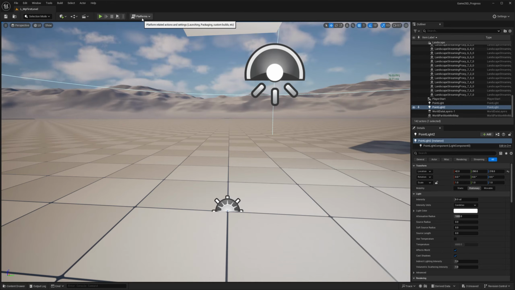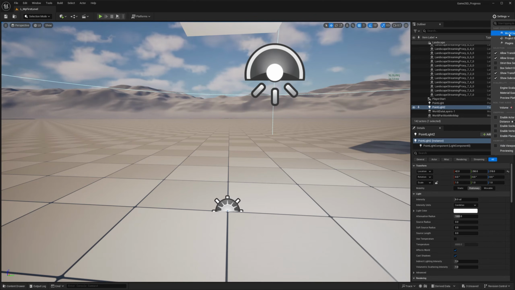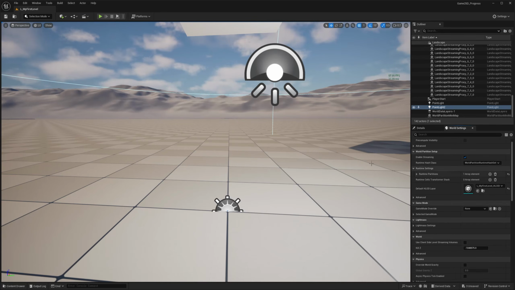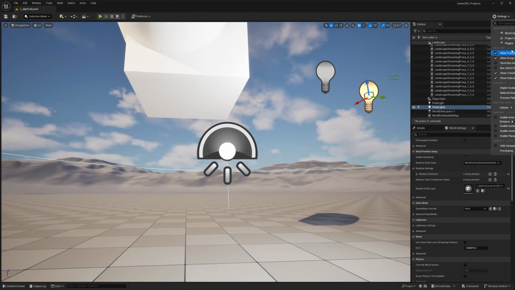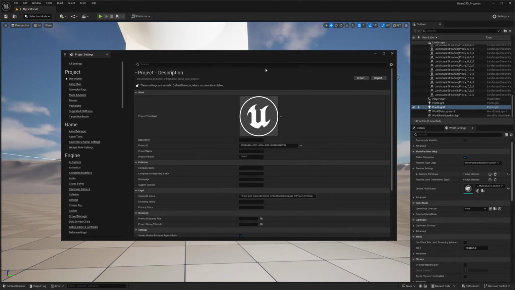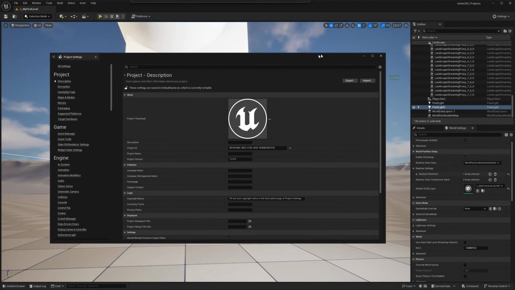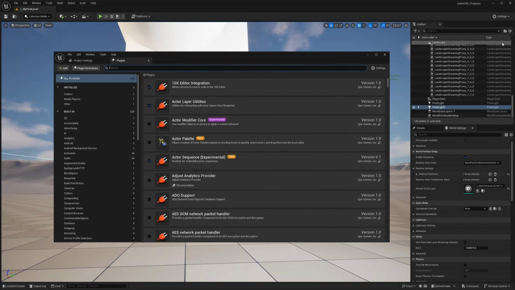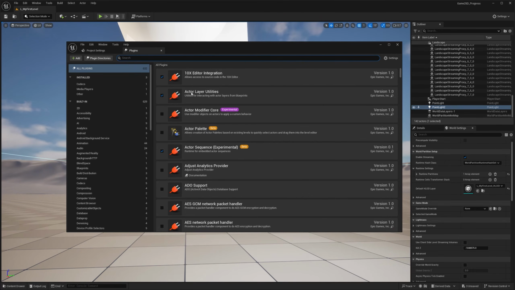What's important to notice is that all the way on the right, there is your settings. Unfortunately, the settings is not open fully here because it's cropping in my window. I'm sorry for that. But the first one is the world settings, which is essentially the settings of the world. The second one is your project settings, and we're going to be talking a lot about this. A lot of interesting things that we need to enable and disable for our project. And then you have your plugins, okay? The plugins window is where we're going to enable a bunch of cool stuff.